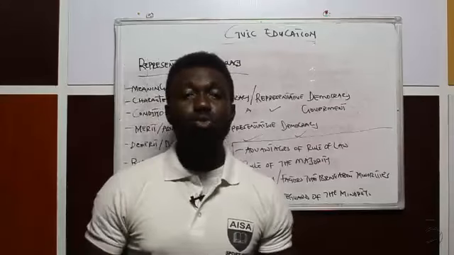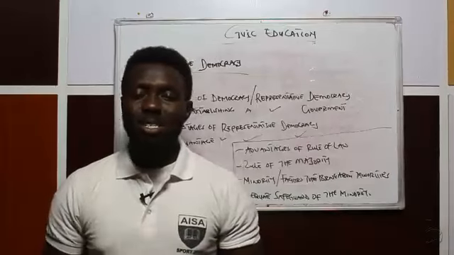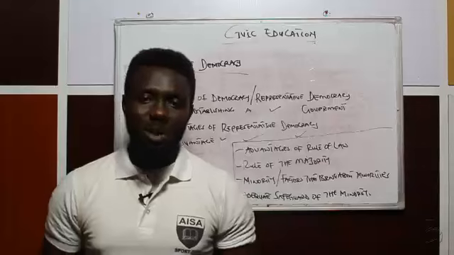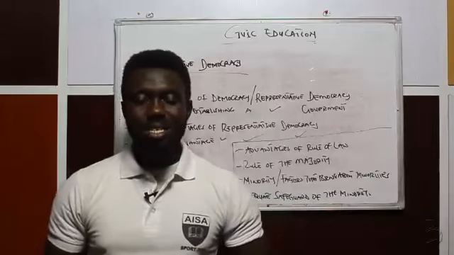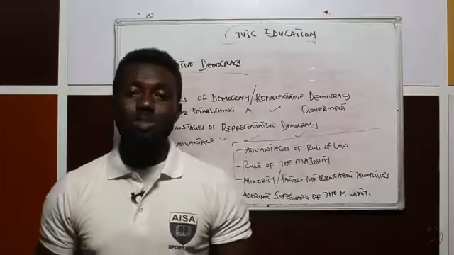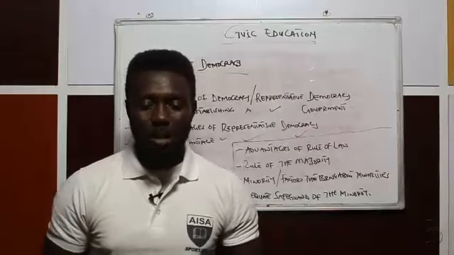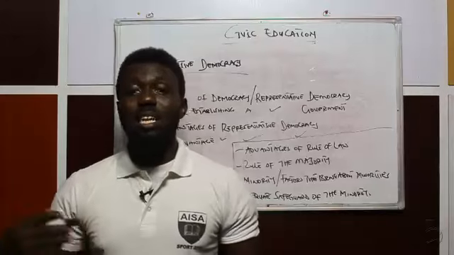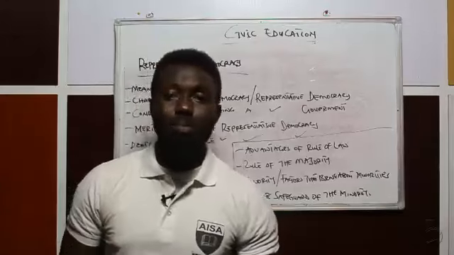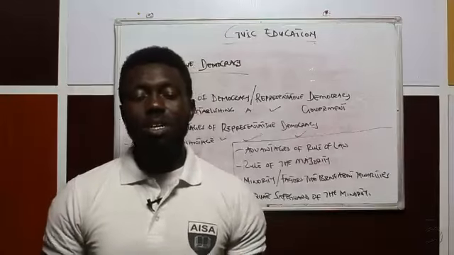Number two, it's too expensive. It's too expensive when you're talking about the budget and the salaries and all that. It's very, very expensive to maintain. Number three, delay in decision making. Of course, before a decision is made, it has to go through different channels, and that is a big delay in decision making. Number four, election problem. Of course, when you hear stealing ballot boxes, when you hear electoral malpractices, all these are disadvantages of representative government.